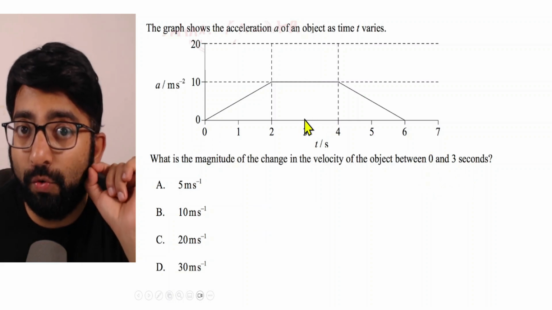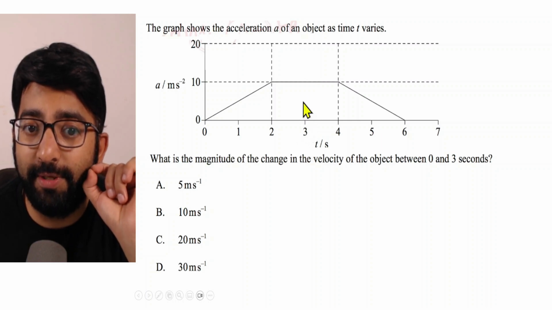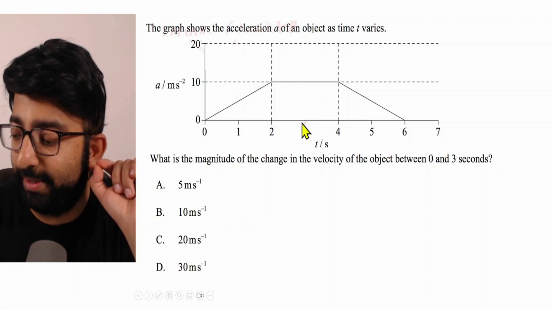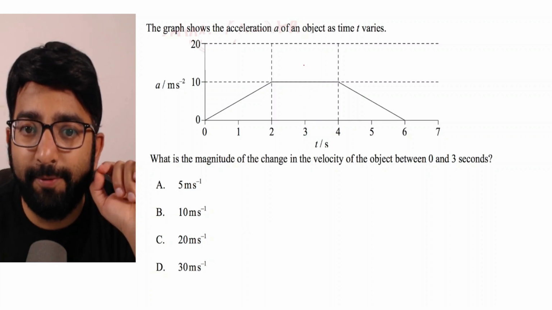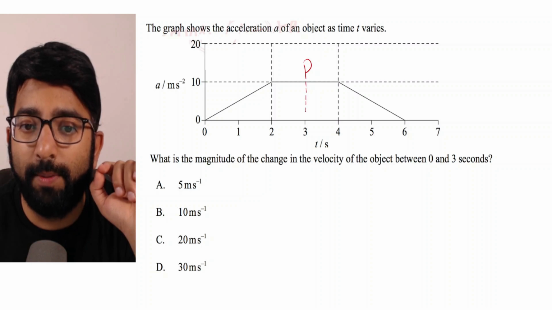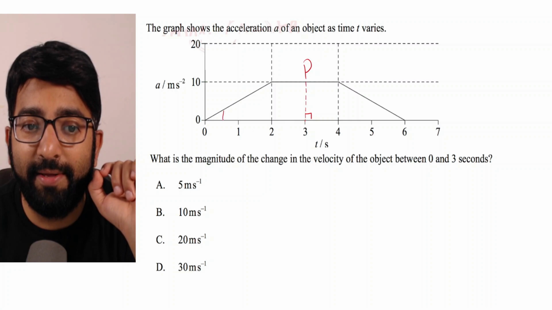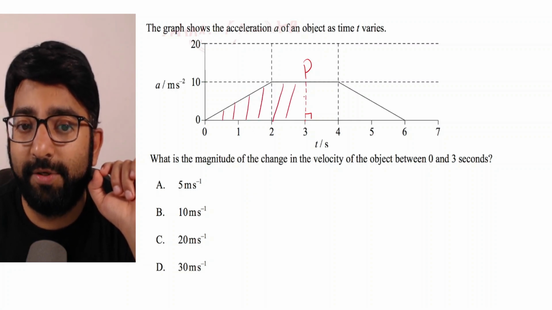So first of all, we need to go to that point in the graph, which is at t is equal to 3 seconds, which means this point. Now, all we need to do is from this point, we need to draw a dotted line, which is perpendicular to the x-axis. So let's do that. First, let me label this as point P and let us draw a dotted line starting from the point P perpendicular to the x-axis. And now we need to find the area between the graph, the x-axis and the dotted line which I have just drawn.